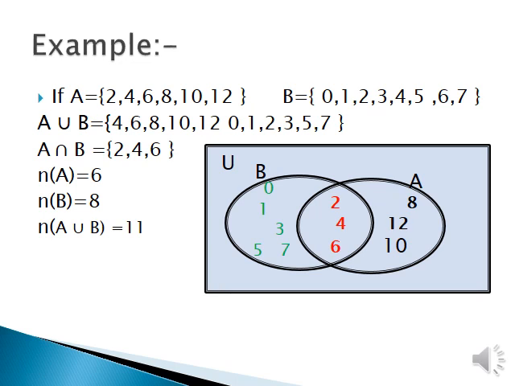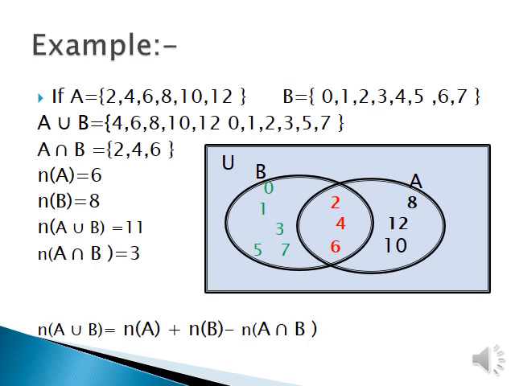So using this we have one formula, that is n of A union B is equal to n of A plus n of B minus n of A intersection B. A intersection B is subtracted only once because already in the union set we have considered it once. So we have to reduce this 3 from the addition of the number of elements of A and B. This formula we use to solve word problems or to verify the elements present in the sets.